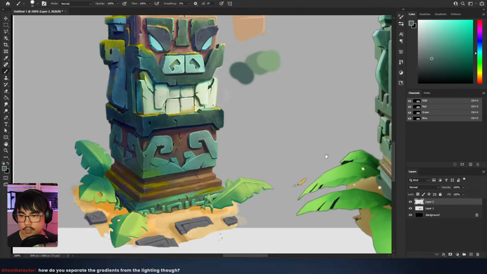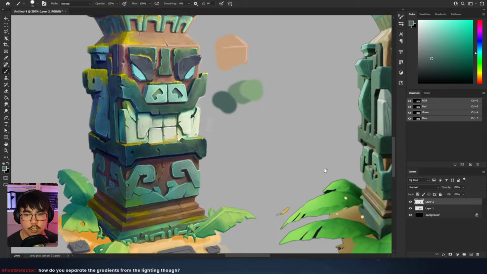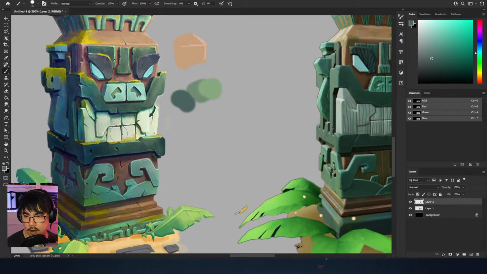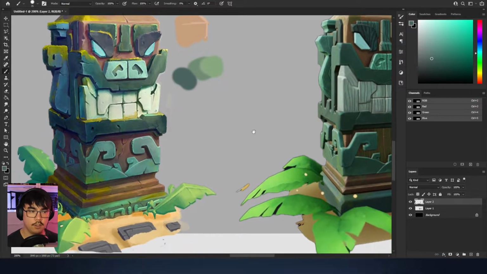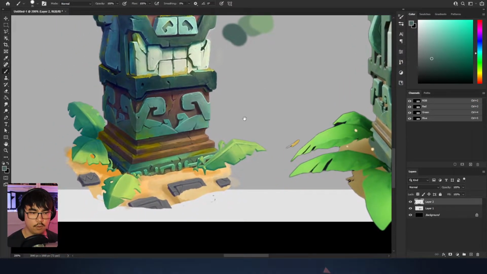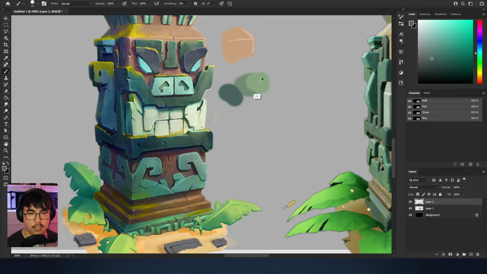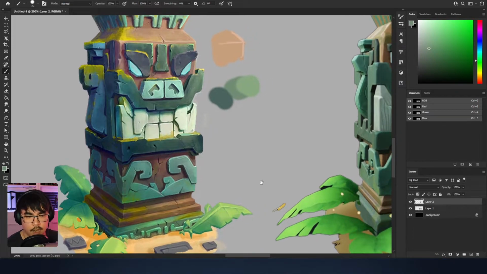How do you separate the gradients from the lighting though? You turn the lighting off, literally. That's what you would do, so that you would not really do a PBR approach. I mean, you could do PBR, but I think if you go for an unlit view and you just work with gradients, RTS games like a League of Legends style game are usually doing a gradient